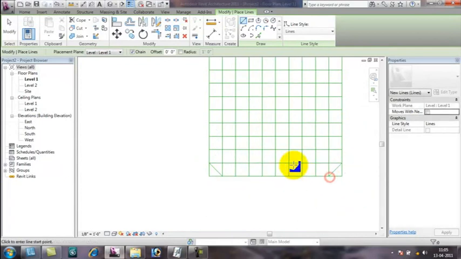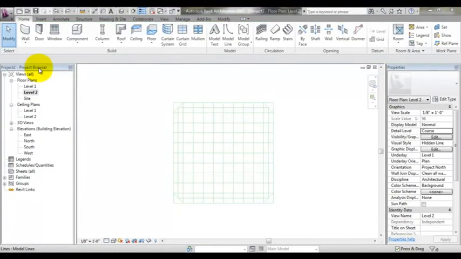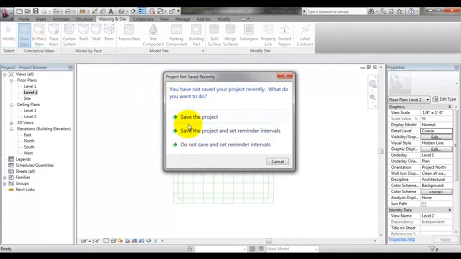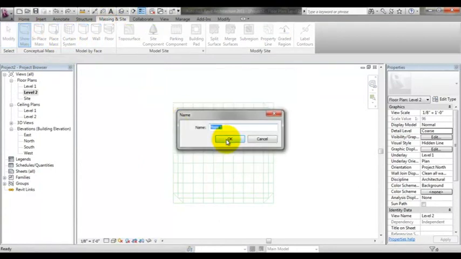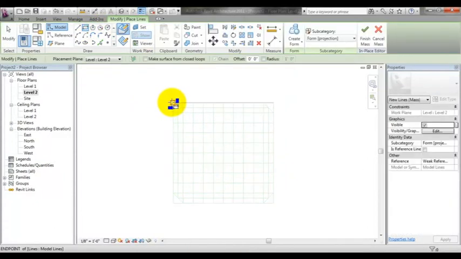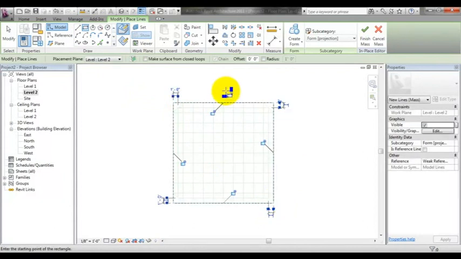I'm going to create one more rectangle which is going to start from the midpoint of the first panels in all the 4 directions. This done, now I'm ready to put in the mass by going to massing and site and select the in place family of mass, select rectangle command and put a rectangle between the 4 points and say create form,